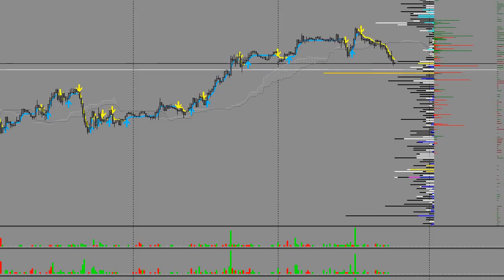Okay, welcome. It's now exactly 5:30 local time. So 4th of June 2018. This is pound yen on a 50-minute chart, trading around